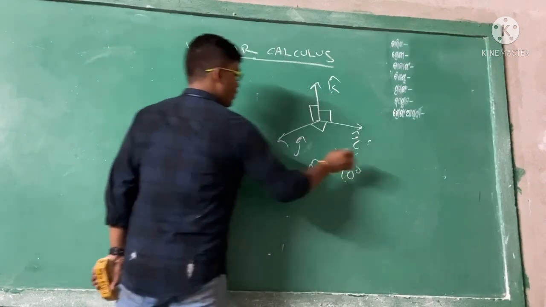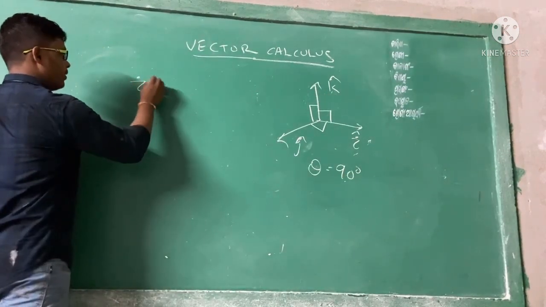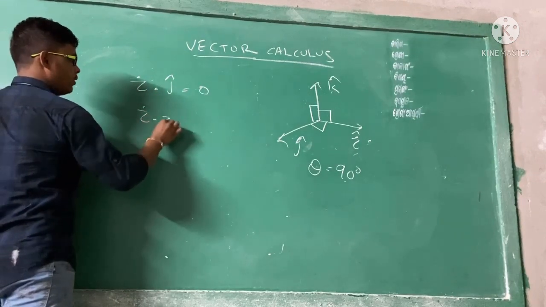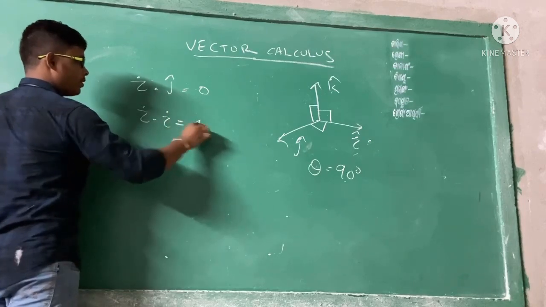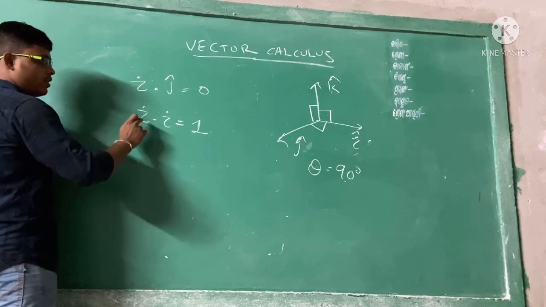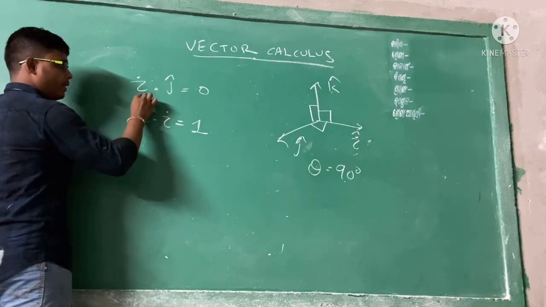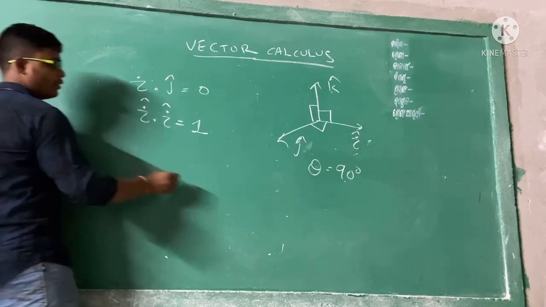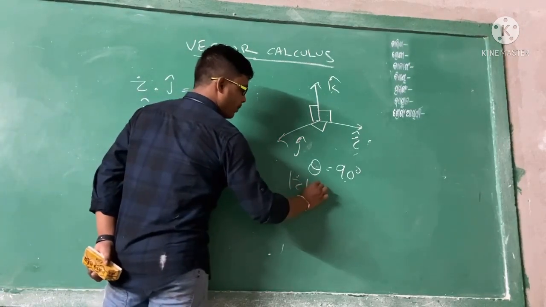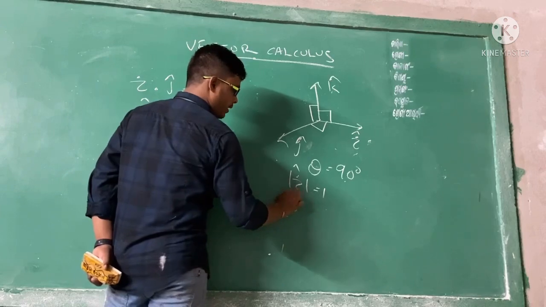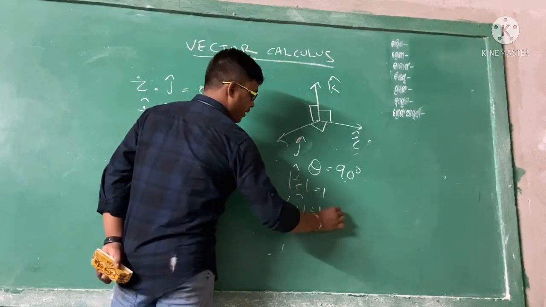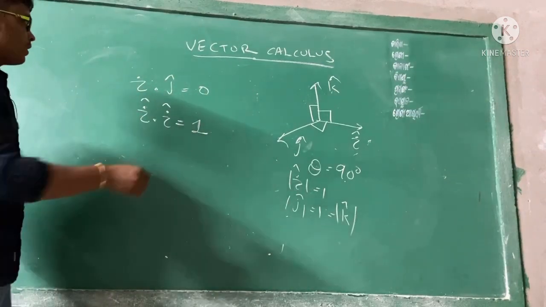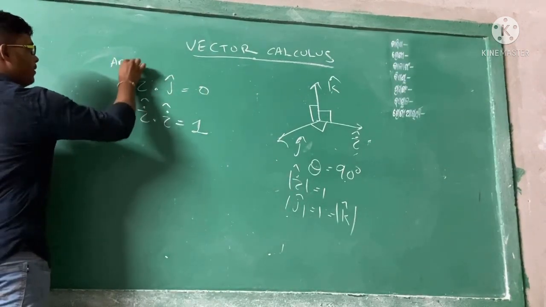These are the unit vectors along x, y and z axis. So theta is 90 degrees between them. What is the angle between i and j cap? 90 degrees. So that's why i dot j equals 0. i dot i equals 1, because i and i are the same vector, while i and j are two different vectors. We have noticed that the angle between i and j is 90 degrees. This is the magnitude actually: i vector magnitude is 1, j cap magnitude 1, k cap magnitude 1. Then use the dot product formula.